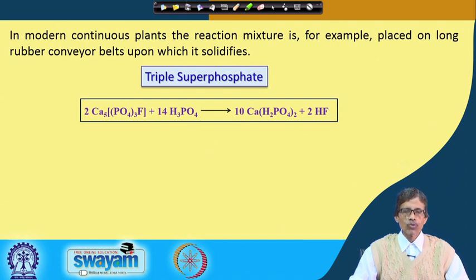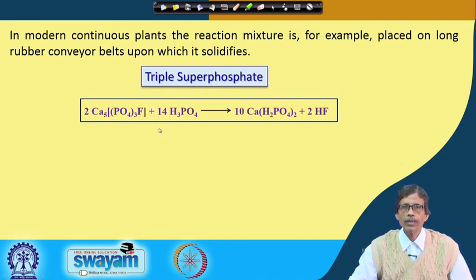But if we try to retain the entire phosphate available in the fluorapatite, it is basically a superphosphate, and you consider it a triple superphosphate, because the whole amount of the material is now retained as calcium dihydrogen phosphate with the elimination of